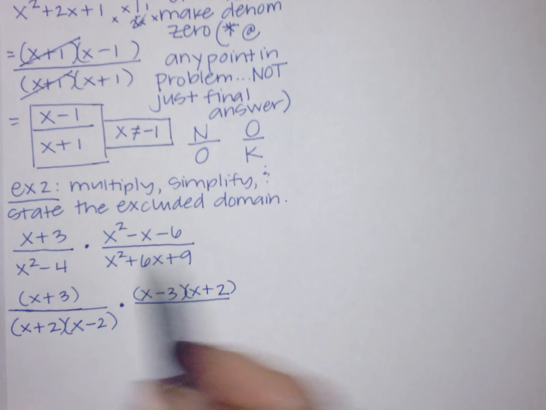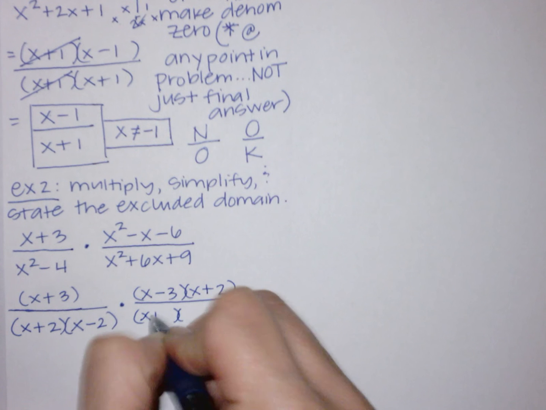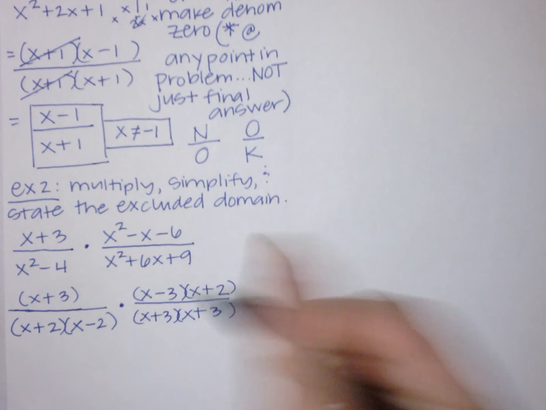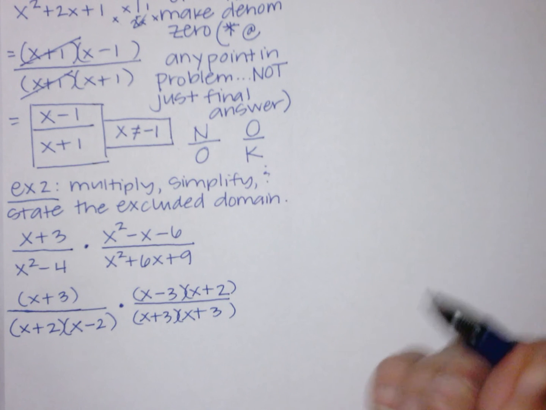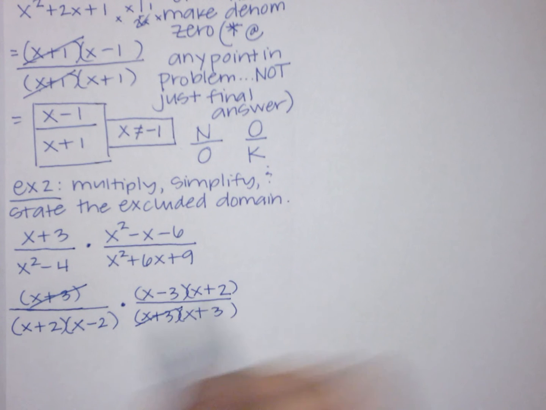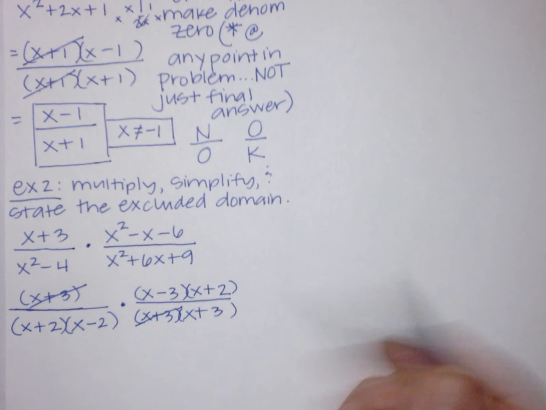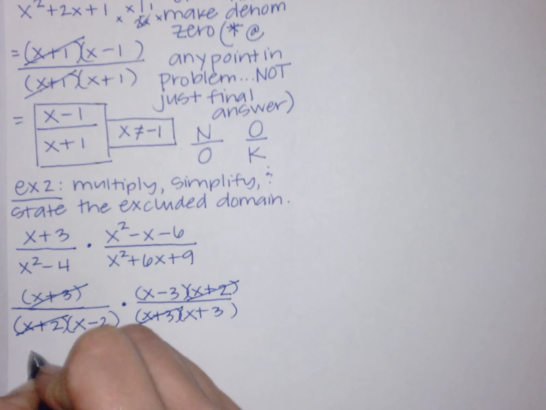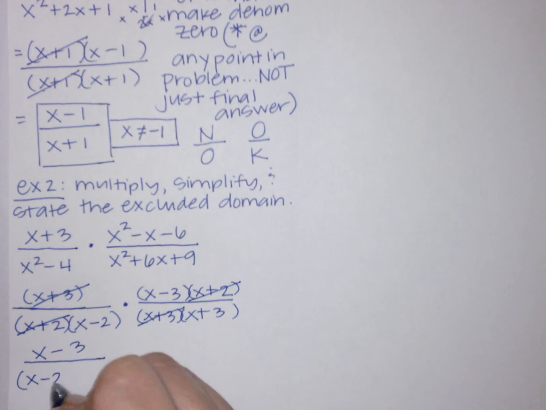And then this one has also got 3 terms, so I have to T-chart that. And I get x plus 3 times x plus 3. So now, because I'm multiplying between common factors, I can cancel. So x plus 3 and x plus 3, even though they're not under the same fraction, I could rewrite them as the same fraction because they're all being multiplied, but that would just take more time. The x plus 2's cancel, and I am left with x minus 3 all over x minus 2 times x